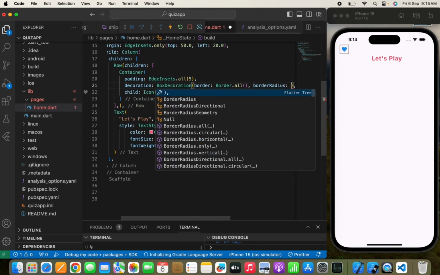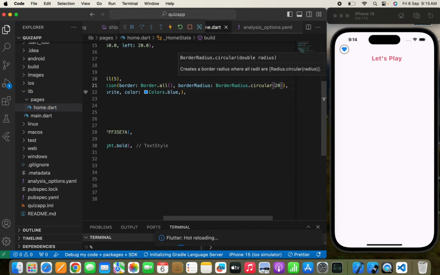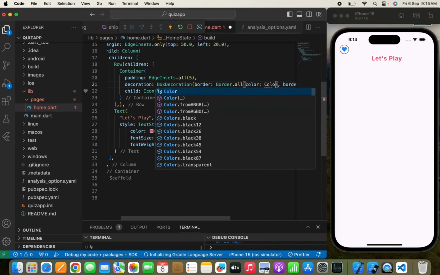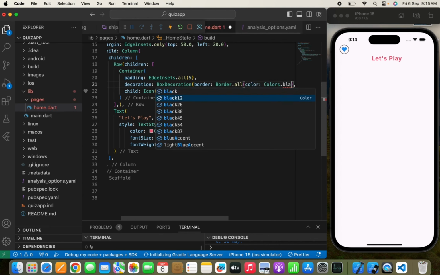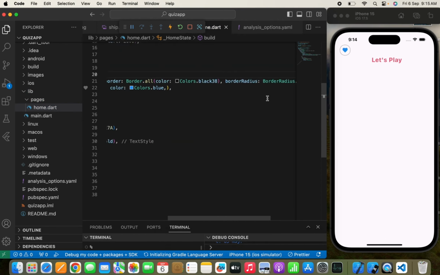So I will write BorderRadius.circular 20. So here you can see the border, and we can simply change the color, which will be Colors.black, I think 38. So here it is. Now if you want you can give some more padding according to your wish,